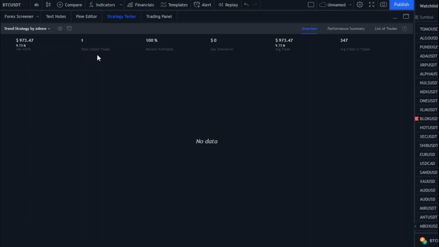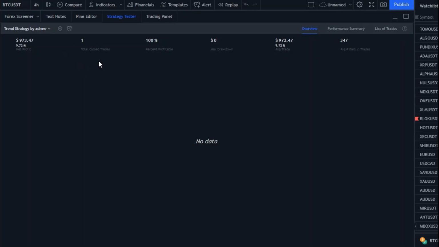Okay, let's move on to the total of closed trades. Here we find that the total of the trades made by this strategy is only one trade. And this is a big fault because strategies cannot be tested with a single trade, and to know the effectiveness of any strategy, we must test it at least 100 times. Well, this was one of the faults in this strategy, and we have to fix it, but first, let's continue